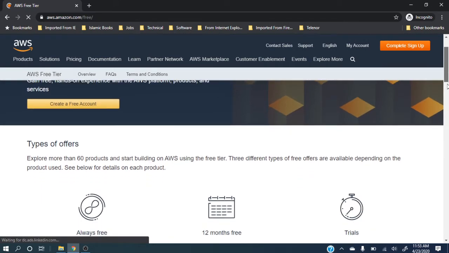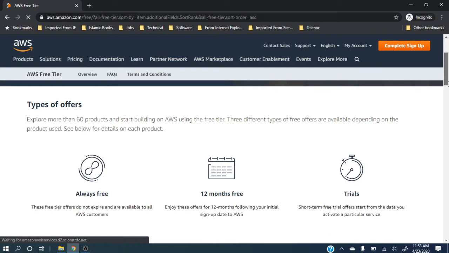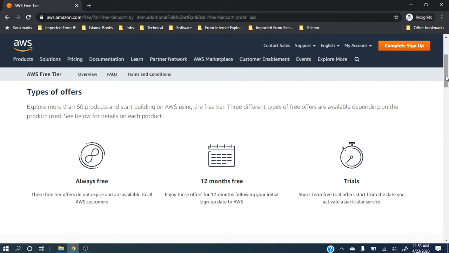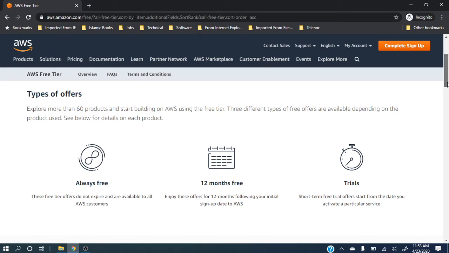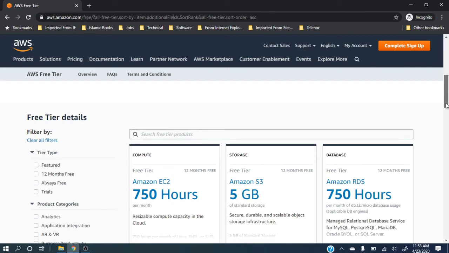If you are opening a new account, then Amazon gives you something which you can say is always free. Once you make an account, you can use all the free things that we will see in brief, what these are. Then some of the things are free for only the first year. They are not free forever. And then there are some monthly trials, 1 month trial or something like that. So there are some trials, some things are free for a year and some things are always free.